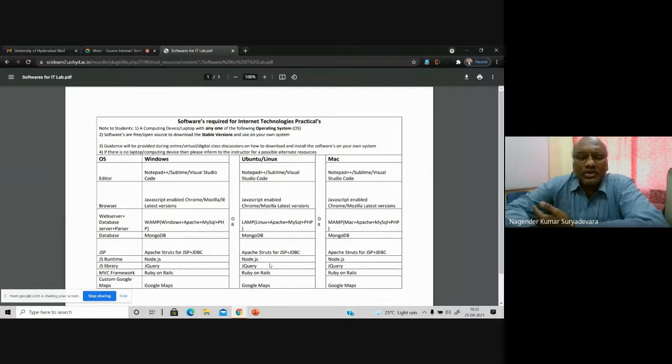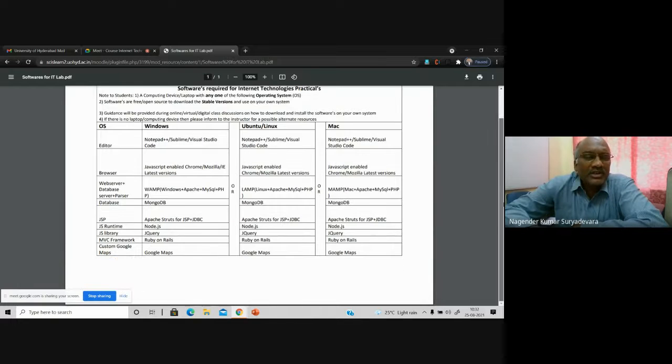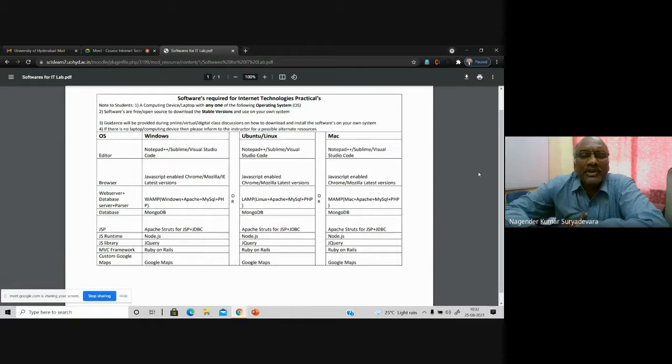So you may use these softwares. And those who have the Apple Macintosh operating system, you can use this set of tools that I have listed here. These are not the only things that we are going to do. We are going to use other things also. But nevertheless, we will go through this unit wise, so please keep a record of what things are to be done.